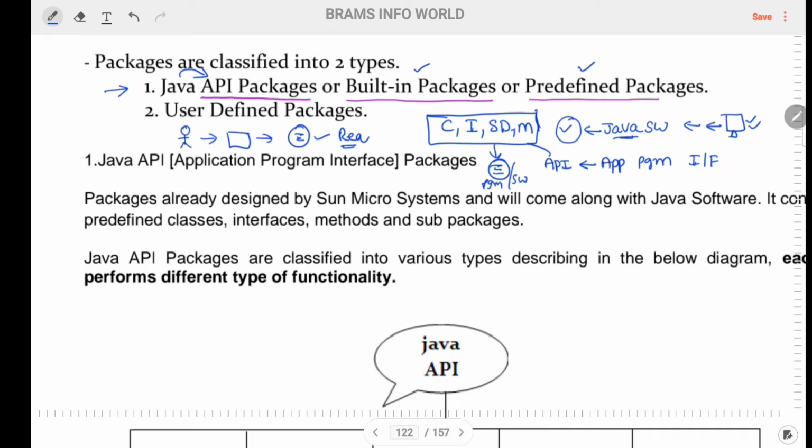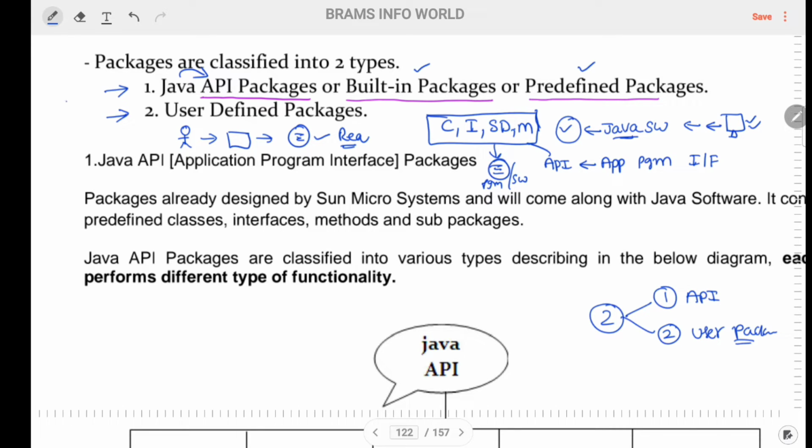The first one comes under built-in packages or API packages, and the second one we can call user-defined packages. In the examination you can expect two questions from packages. Question number one is to explain various API packages, and the second is how to create a package. These are the two questions you can expect in the examination.